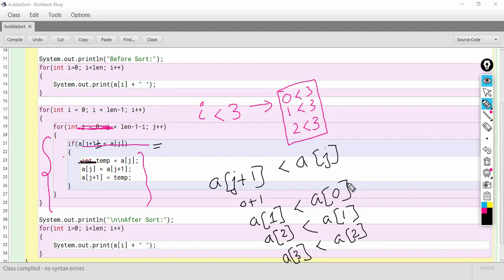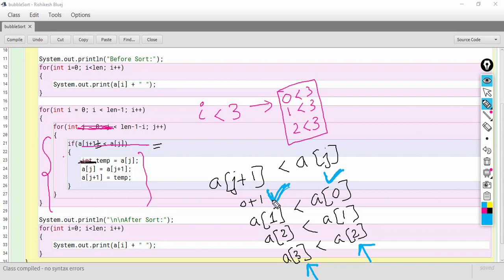So, wherever this condition is true, that means if the next element is less than the current element, a of j represents the current element and a of j plus 1 represents the next element.